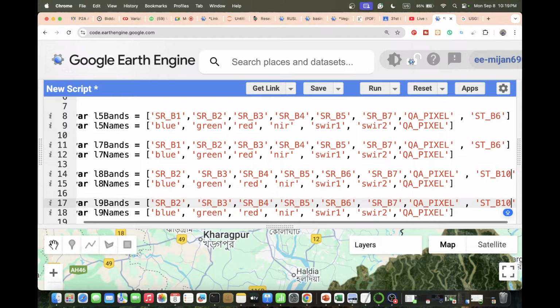Basically, this thermal band is needed when you work with land surface temperature, suppose you want historical land surface temperature or